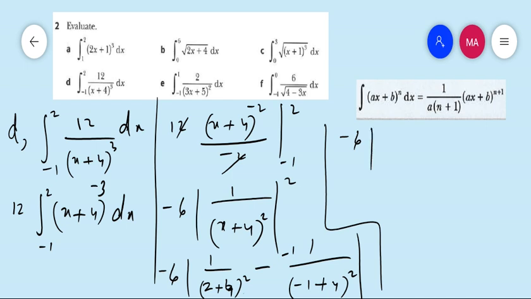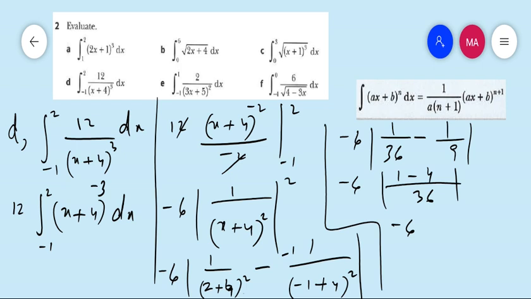Minus 6, 4 plus 2 is 6, 6 squared is 36, so it is 1 upon 36, minus 4 minus 1 is 3, 3 squared is 9. Take the LCM of 36, 1 minus 4, 1 minus 4 is minus 3